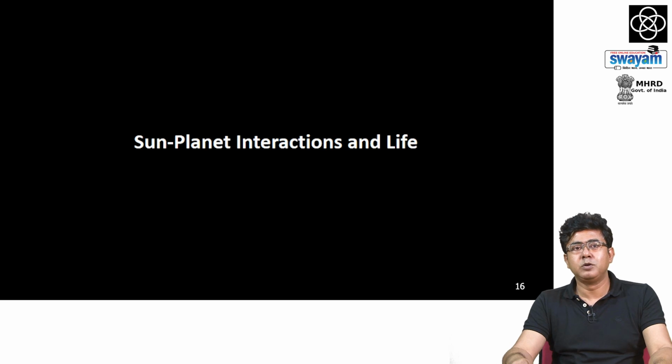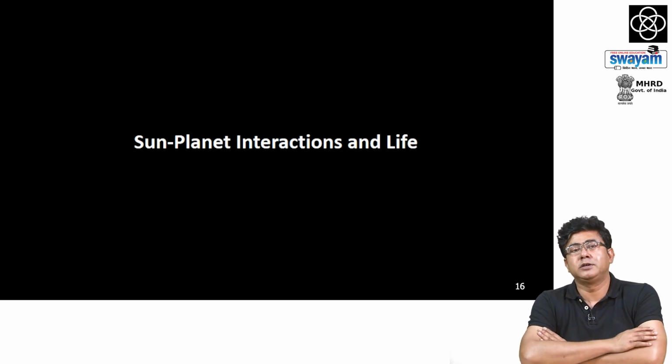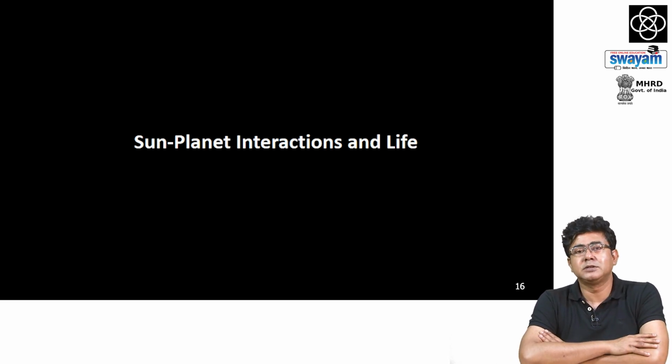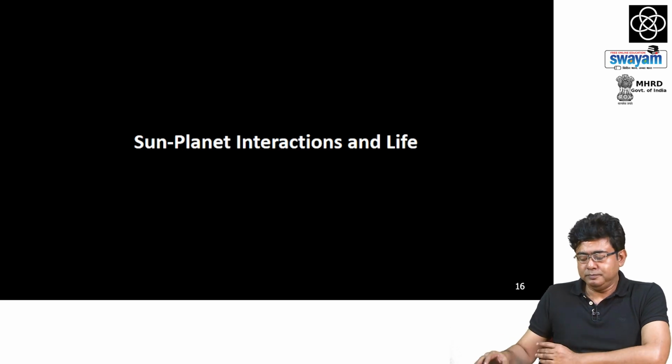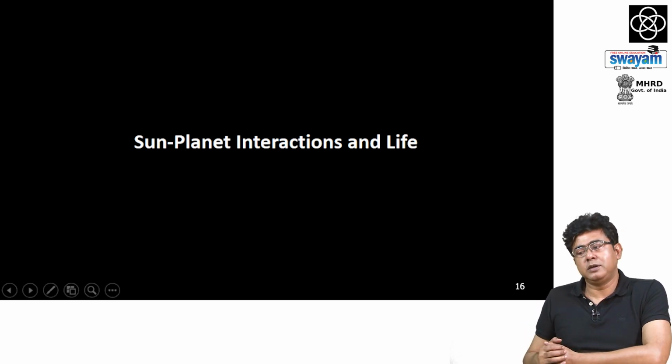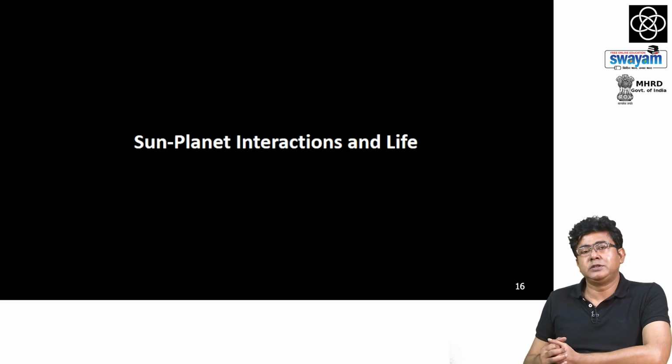In this final module, we are going to look at star planet interactions and what this implies for habitability and life by taking the sun as an example. And this is important and a kind of very new research area, which is developing primarily based on our understanding gleaned from the sun, earth and the solar system, and which is now being applied to understand other exoplanetary systems